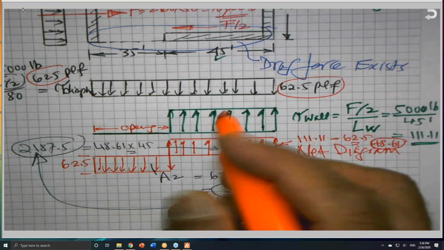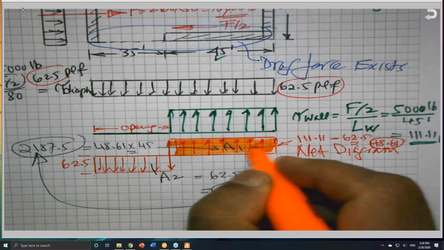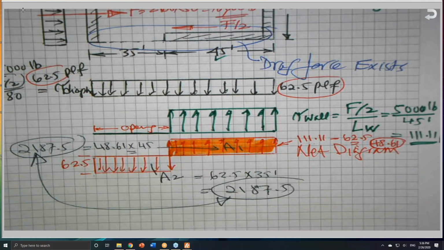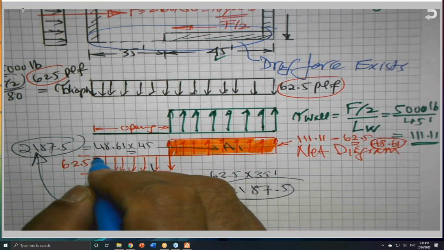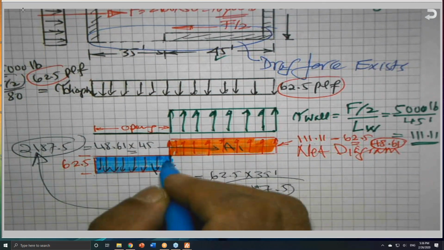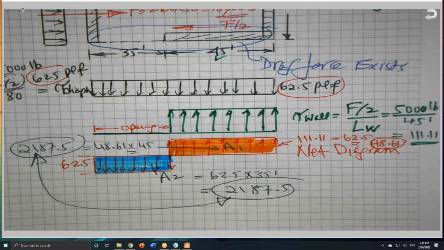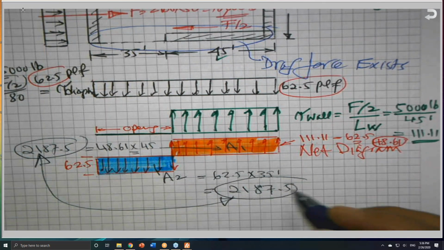This area here, if you consider this is a positive area above, and this area here, which is below, area 2, the blue one, they should be equal. Otherwise, we did something wrong. And this will tell us what the maximum drag force is. The maximum drag force, this one here,